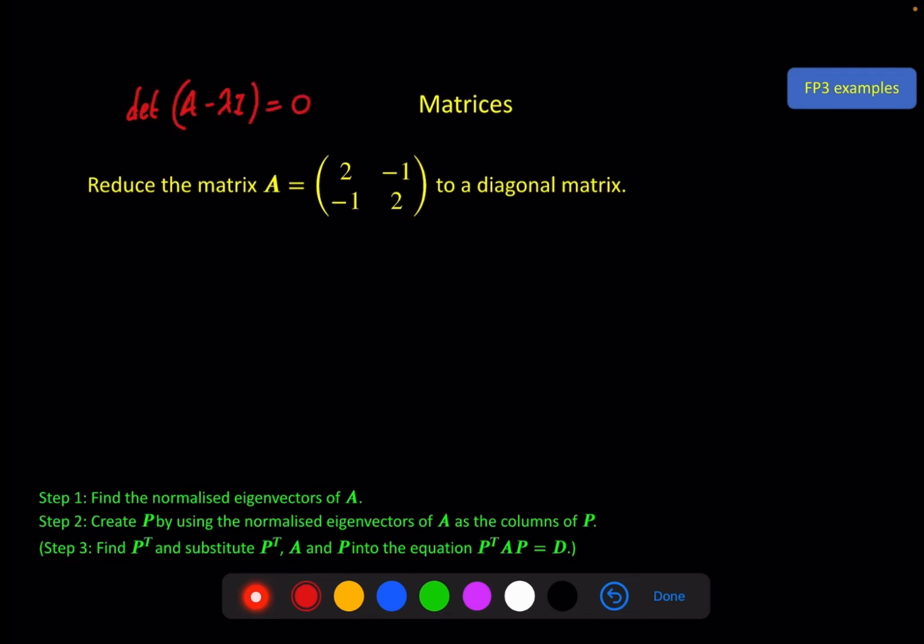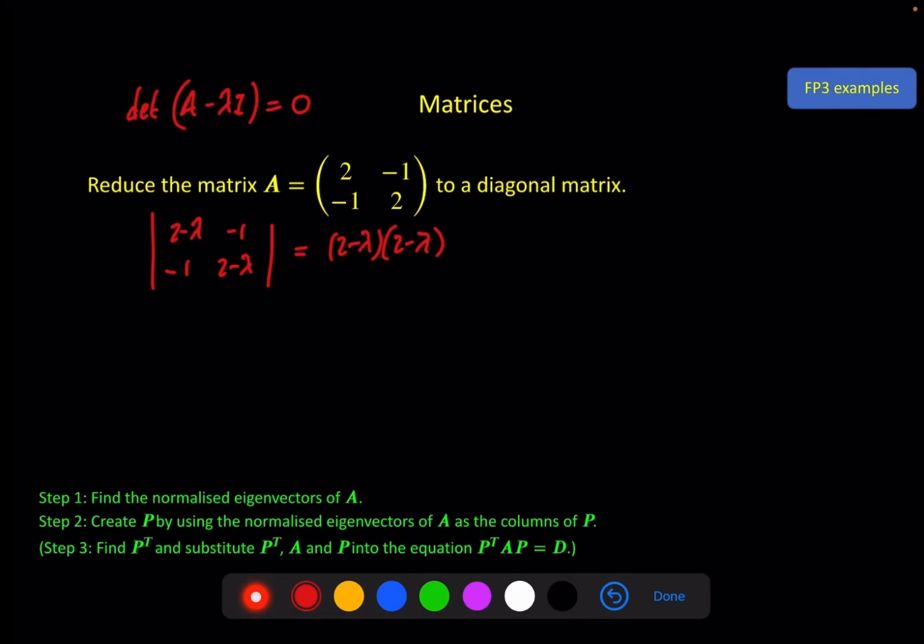It's a little bit easier with 2 by 2 matrices because the determinant is easier to find. 2 minus lambda, minus 1, 2 minus lambda. And just a reminder here that we're working with symmetric matrices. So the determinant of this is equal to 2 minus lambda